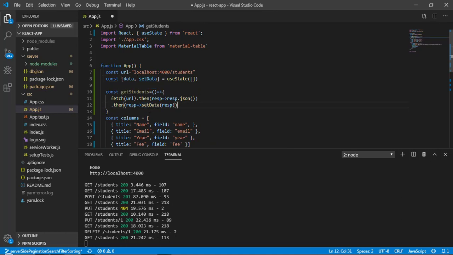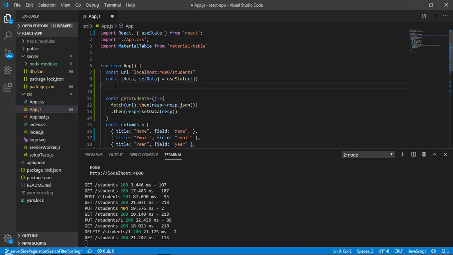So now here the get student function is going to make a call to this URL API, and once I get the data, this is going to update the state here. So now we have to call this function. For that here I will define a hook, and that is called the useEffect hook. So here useEffect.